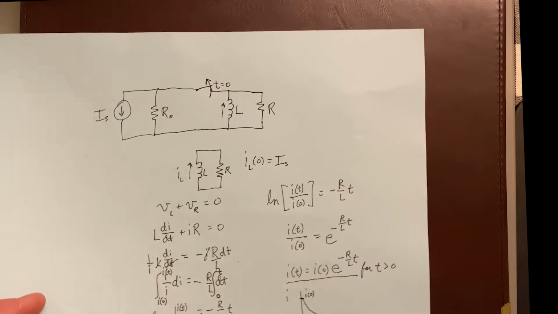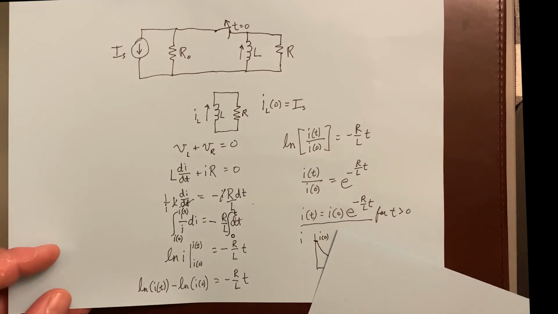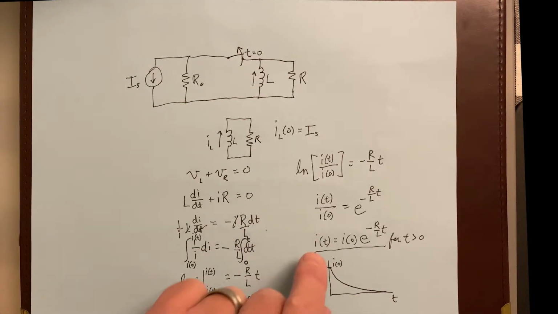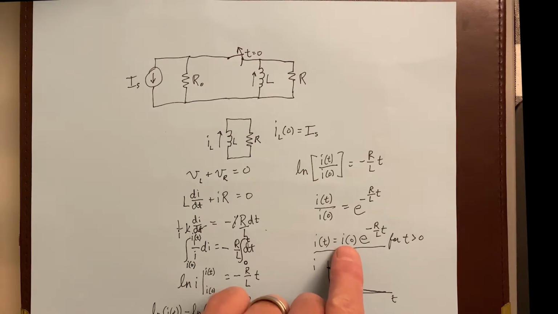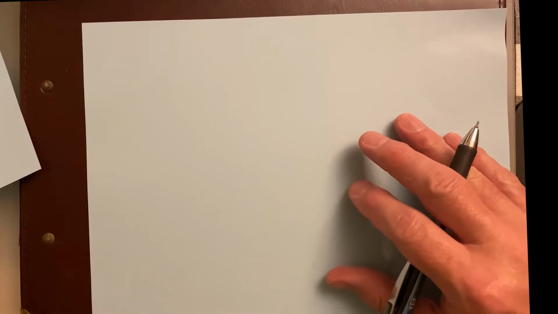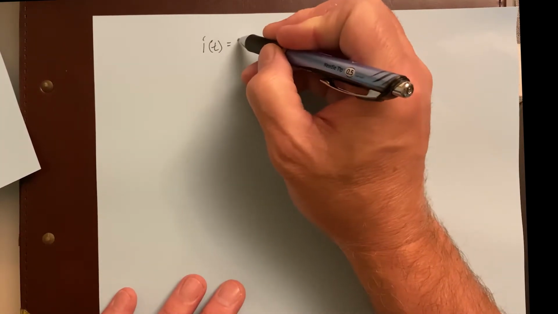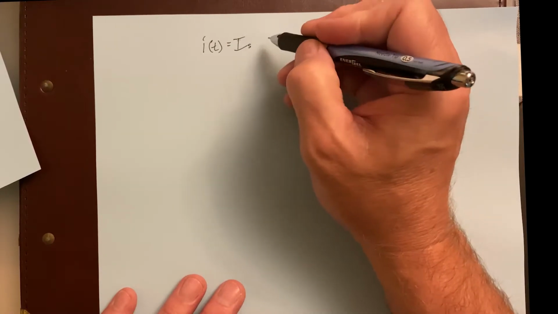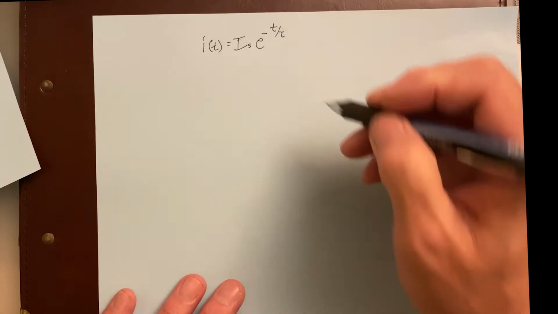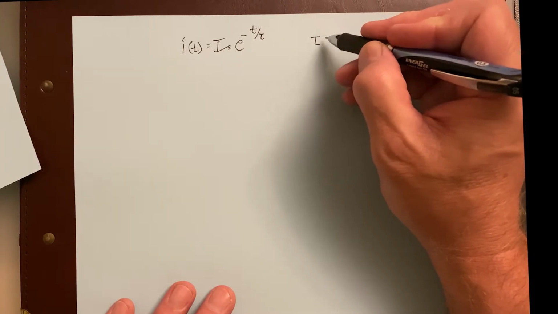Let me ask you a couple other questions about that. That's what I is, all right? That's the current through the inductor as a function of time. That I of 0 is this I sub s. So I could rewrite that current I as a function of time as I sub s e to the negative t over tau. And now I just made a substitution. I let tau